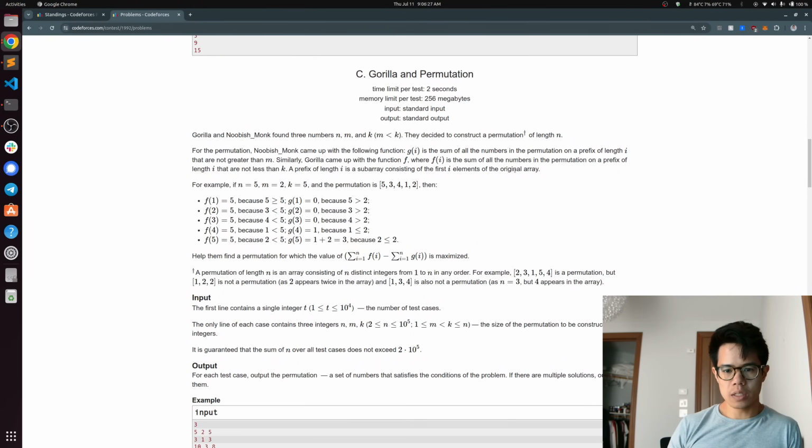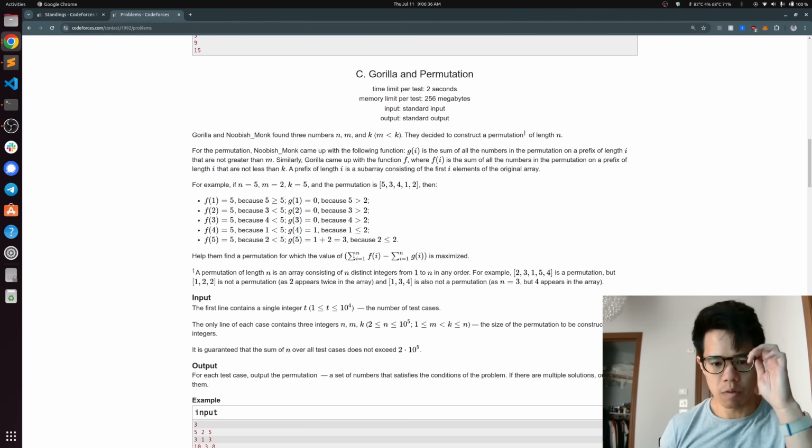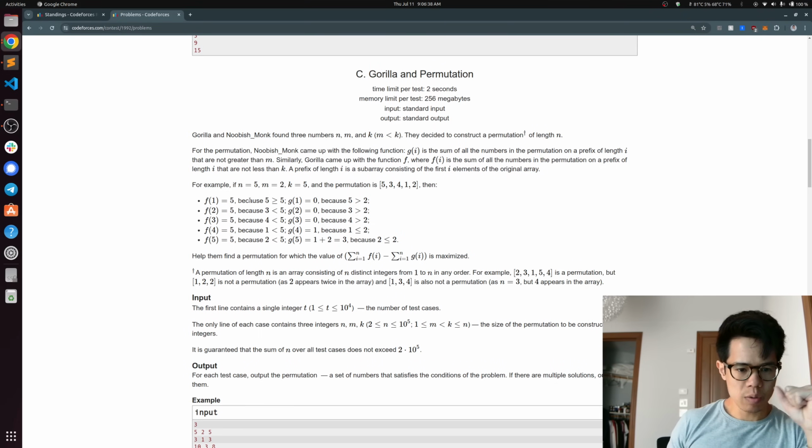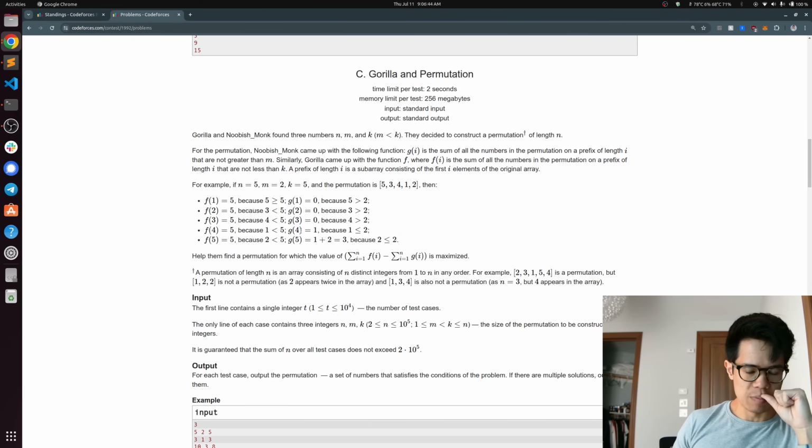C. Yeah, you want to maximize the sum. The problem statement looks a little scary, but if you just think about it, you just want to maximize the sum of f minus the sum of g. So you just want to increase f as early as possible and increase g as late as possible. And yeah, this is just a simple greedy. It turns out those two goals don't conflict, because basically you can